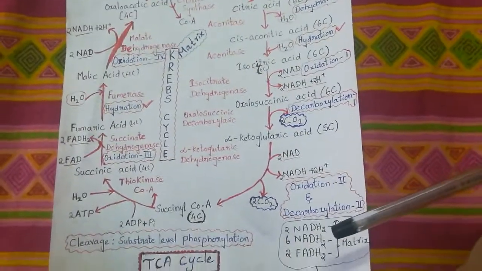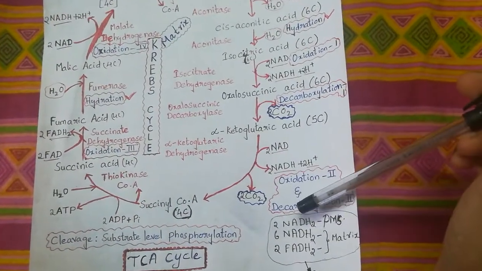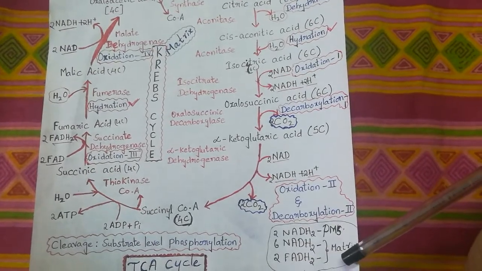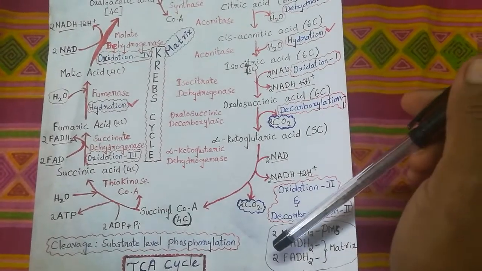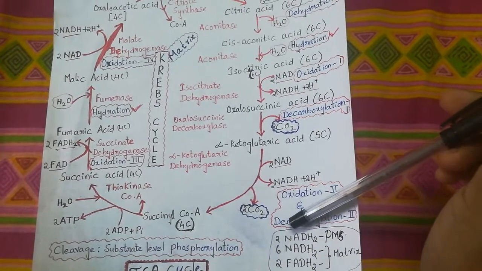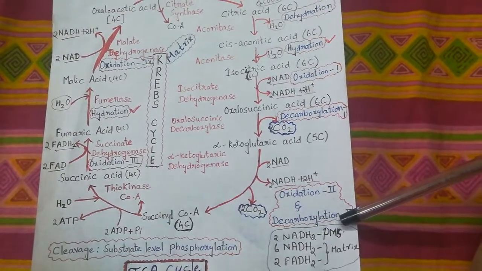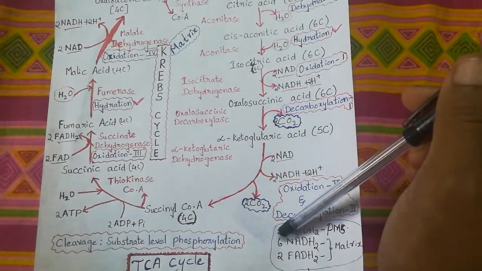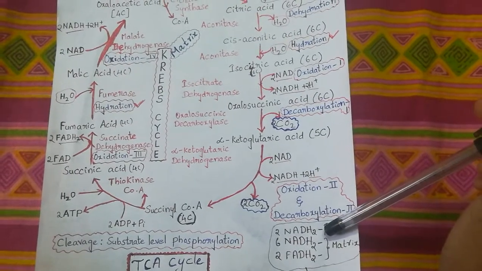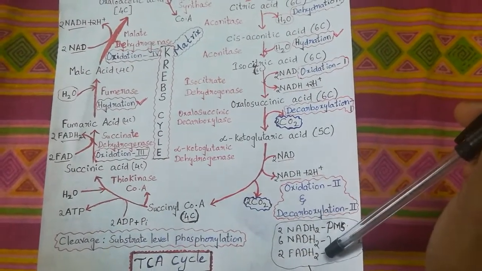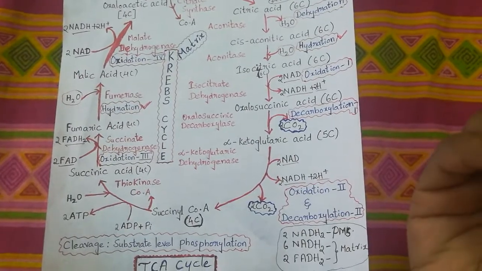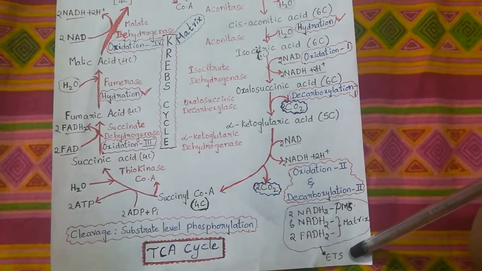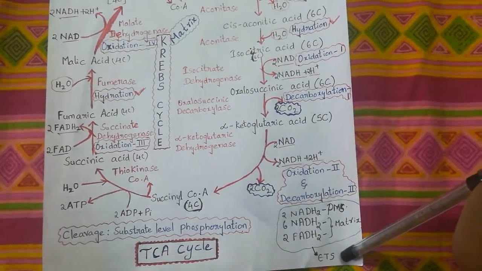For 2 turns of Krebs cycle, 6 NADH2 will be produced in the matrix of mitochondria and 2 FADH2 from the complete Krebs cycle, and 2 NADH2 in the perimitochondrial space. So 2 NADH2 from the perimitochondrial space, 6 NADH2 from Krebs cycle, 2 FADH2 from Krebs cycle, and again 2 NADH2 from glycolysis. All this enters into ETS, the electron transport system, which occurs in the inner mitochondrial